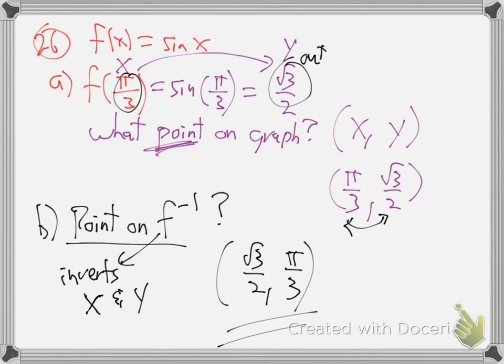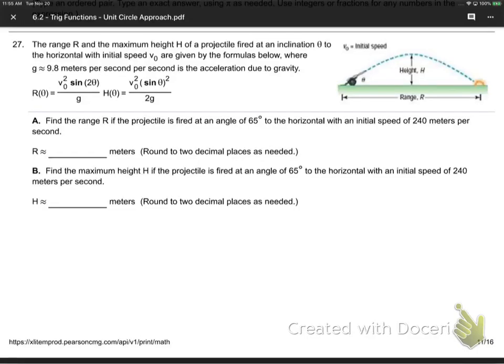Is that good? So that's all they want. So they're just saying, hey, plug into this function, get an answer, make it a point. It's kind of weird to make it a point, you know. So you do the x, y, what you plug in is x, what comes out is y. Then they go, what's the point on the inverse? You just swap them. And then, okay, so we're shooting some projectile at some angle theta, blah, blah, blah,